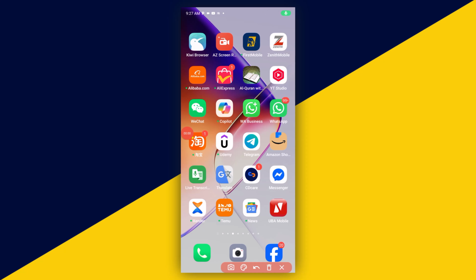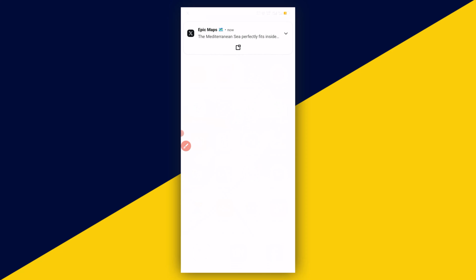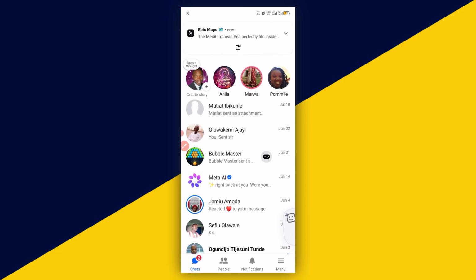I will show you how to turn off Meta AI in Facebook Messenger. Open up your Messenger app. And the next thing you want to do is to simply go ahead and make sure you look for Meta